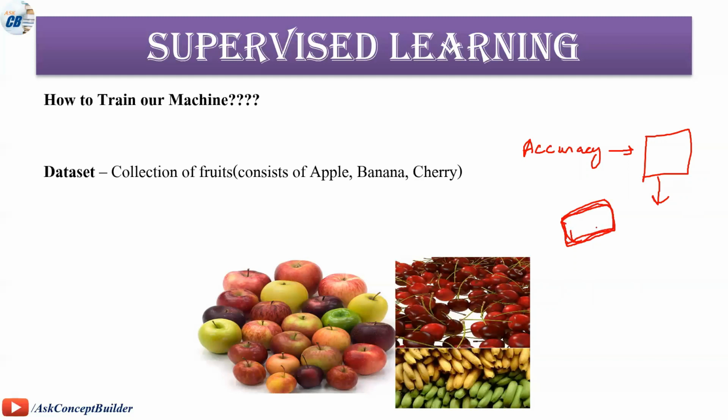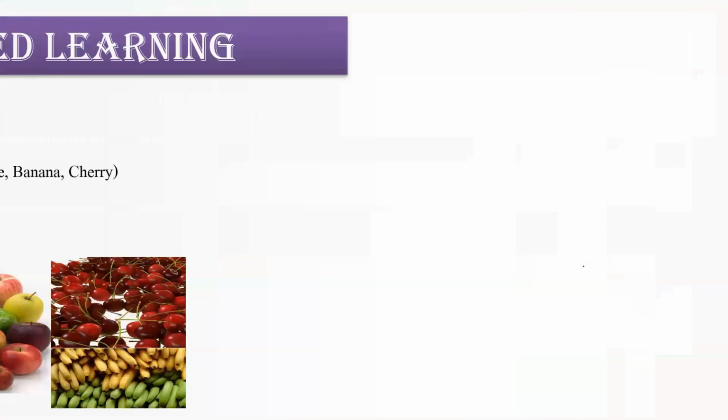So the accuracy of our supervised learning model is mostly 100%, or 90 to 100%, because it is doing its work under supervision. So this is the advantage, or good point, of supervised learning, and why we use it: to get good accuracy. Okay, but